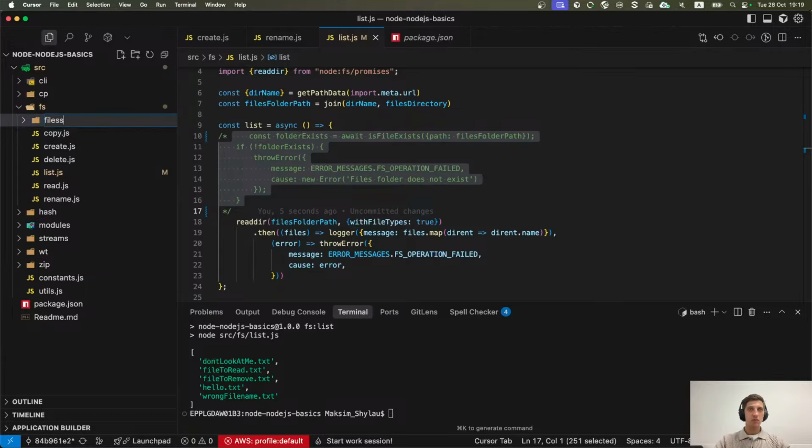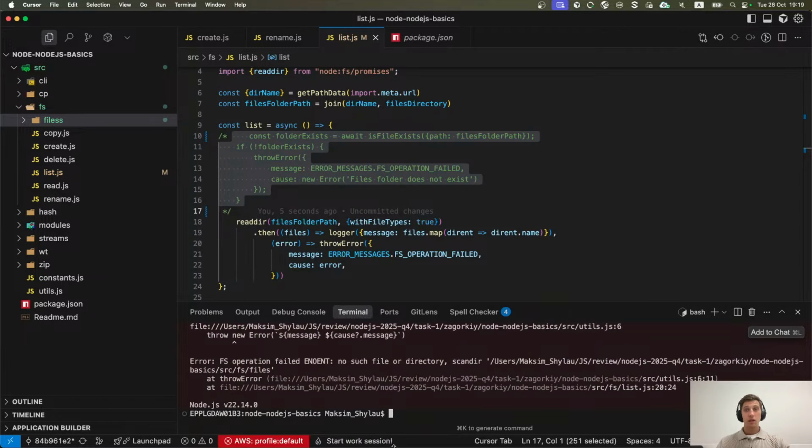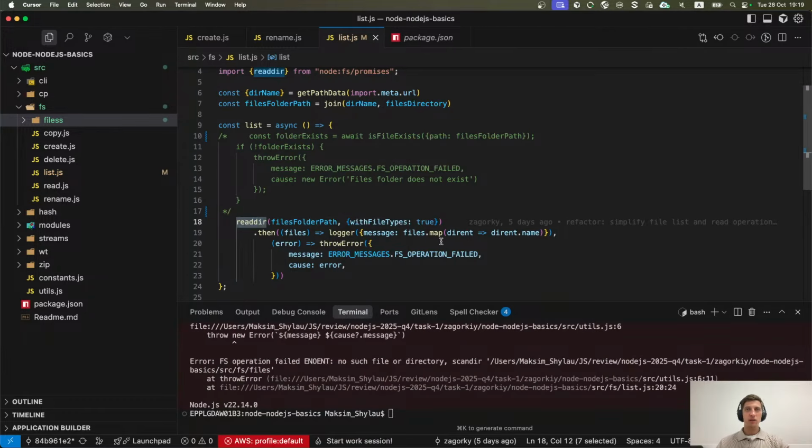Let's rename our folder. I don't know, let's add another letter at the end. Yeah, you can see that read directory throws an error itself if it can't resolve the path to the folder which it expected to read.